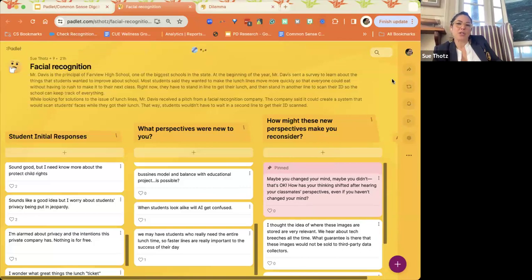And then the last question here is, how might these new perspectives make you reconsider? What we're trying to get students to do is be flexible and open-minded in their thinking, right? Maybe students do feel very strongly about facial recognition, or about its use in a lunch line.